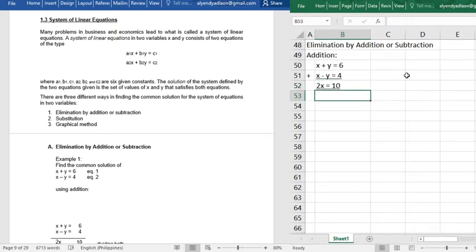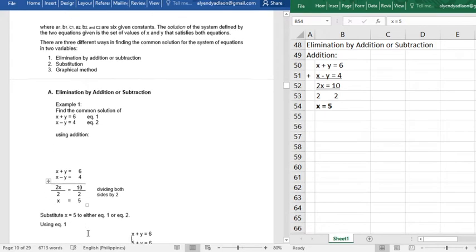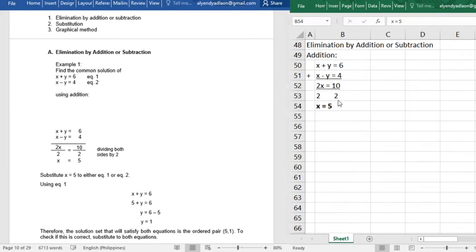And so, we are going to divide both sides by 2. So we have x equals 5. Alright, so therefore, class, x here is 5. Now, how are we going to get the y? To get the y, we will substitute 5 for our x in either of the two equations. Now, let us try to substitute using the first equation. So, using equation 1, we have x plus y equals 6. So, this is now 5 plus y